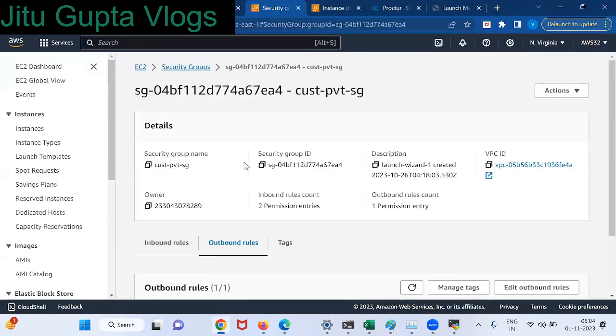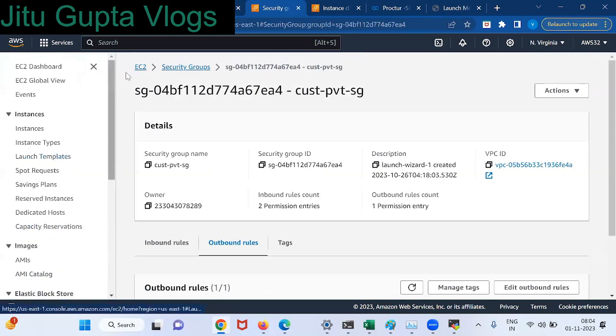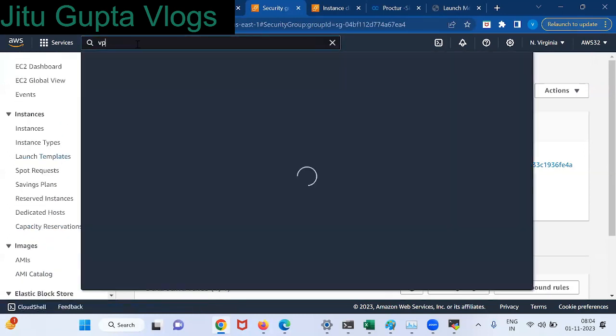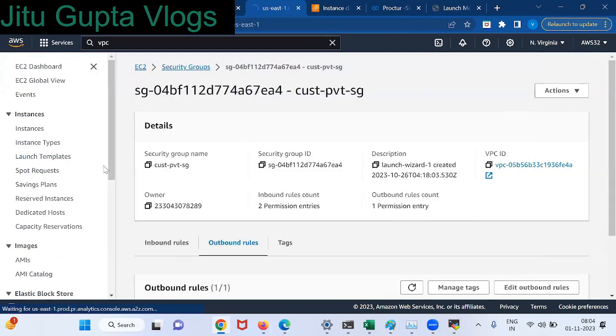Okay, we'll check. North Virginia region. Where is NACL here? In VPC. We are learning VPC and EC2 in parallel. Don't stick to only EC2. We have already done the VPC service almost.